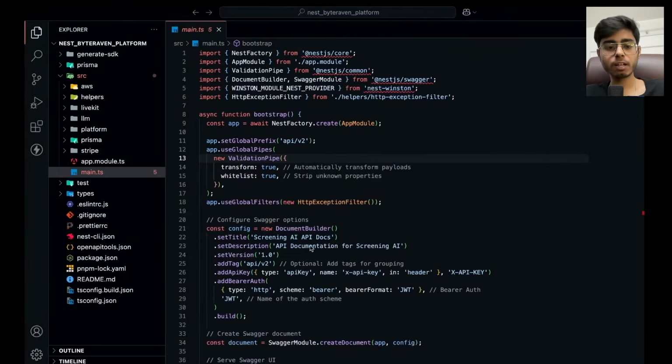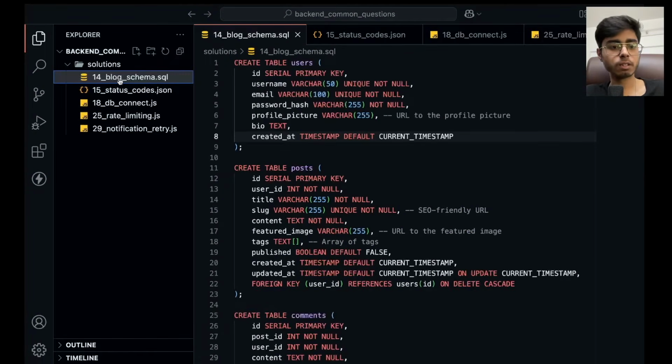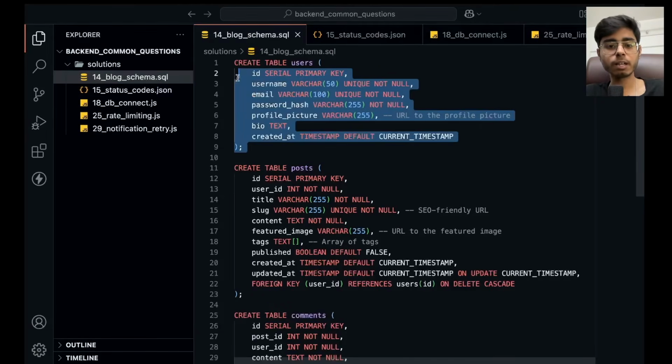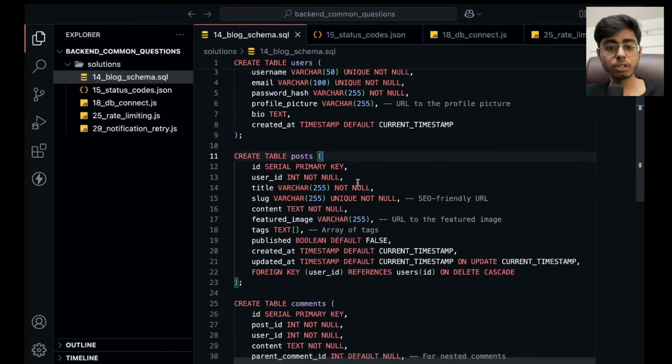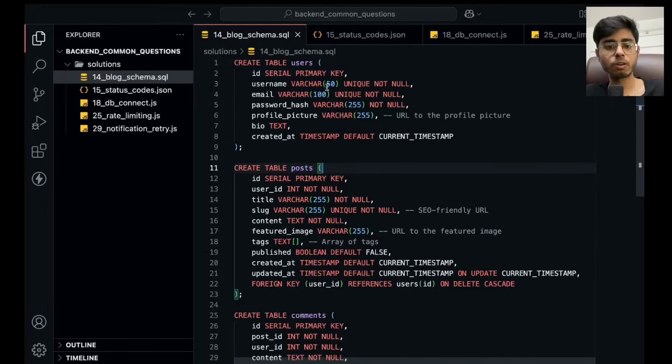Okay. So if I show you one code also, I'll come to this question, but over here you can see that I am creating a table for storing users, username, email, password and all. So over here you can see the ID of the user, the unique ID of the user, I'm making it a primary key.